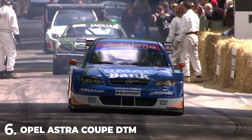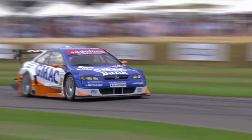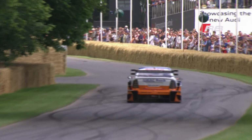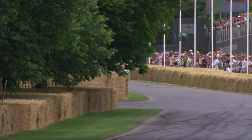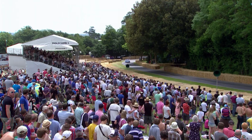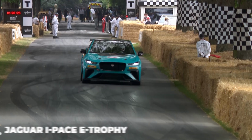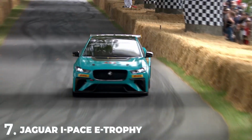Got a feast of touring cars for you now. Rick's been racing this car on the national scene as well in Britain. Very experienced racer Rick Wood. He's got a number of machines. This thing. That's how up to date they were in terms of the